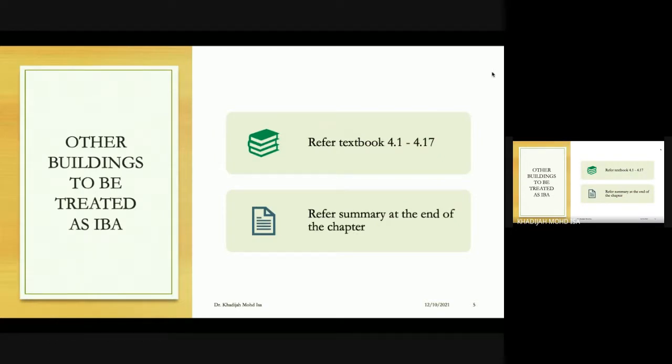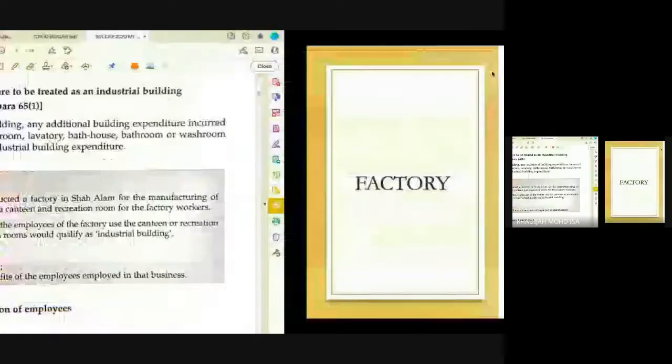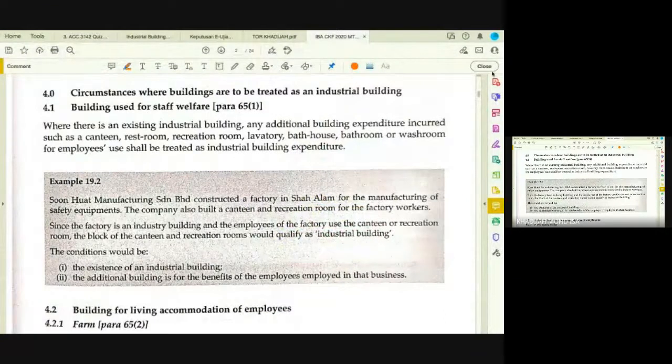All right. Remember that industrial buildings are only eligible if they fulfill the definition. But previously we saw that buildings here are factories, any building used for manufacturing purposes. But we also see later that other buildings will also be included as industrial building allowance. So in your textbook, for example, on 4.0, there are circumstances where buildings are to be treated as an